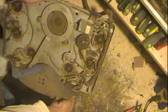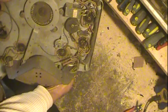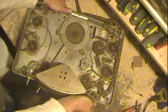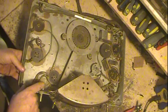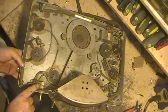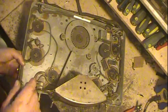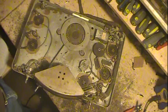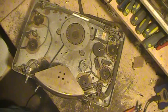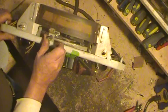This switch here is the, let's see if you can see the action on that, but that's the phonograph radio switch. The volume control has been replaced. It's a dual pot and it's been replaced, but I checked the value on it and it seems to be pretty darn close. It calls for 3,800 and these are 4,000. It's close enough. Originally it had wire wound potentiometers in them. But other than just cleaning and lubrication and things of that nature,